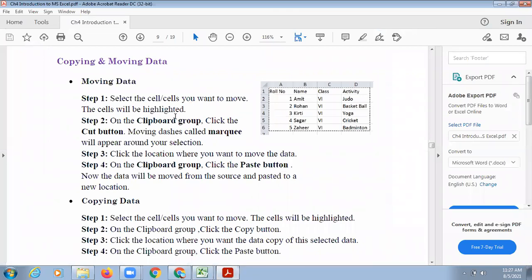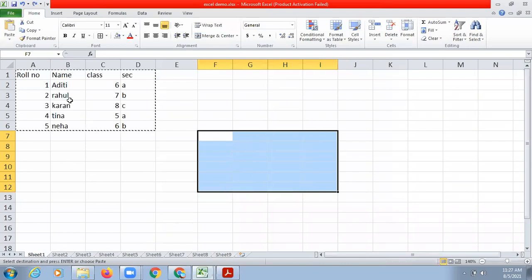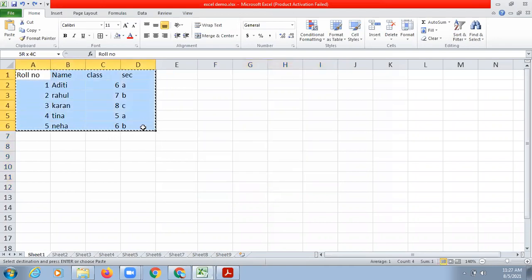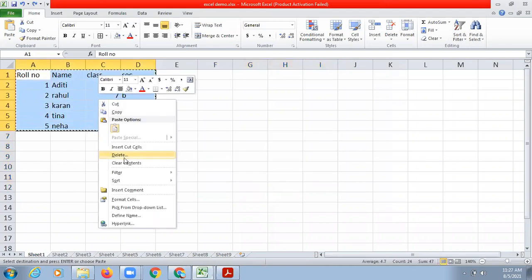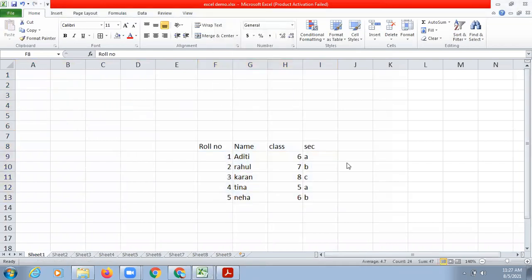Select the cells you want to move. Click the cut button, which means you can right click and you can cut. You can do it like this. I have used the shortcut keys Control plus X for cut and Control plus C for copy, but you can also right click and do the same thing. So first of all, select the cells, right click on the cells, then choose the cut option. Sorry, this is the cut option. Cut and paste it wherever you want to paste. So you can do it in that way also. So both the options are correct.